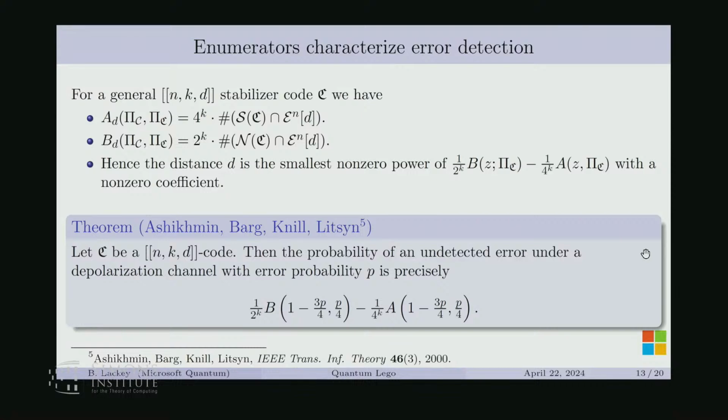But in fact, since we also have all of the higher order things, this can be refined to a very concrete statement about the exact probability of an undetectable error. It is just the evaluation of these polynomials under whatever error model is appropriate. And so in this case, a uniform Pauli error model or error model under depolarization channel. Okay,